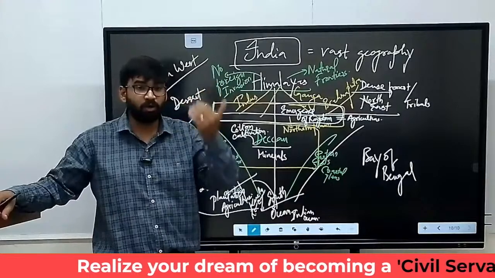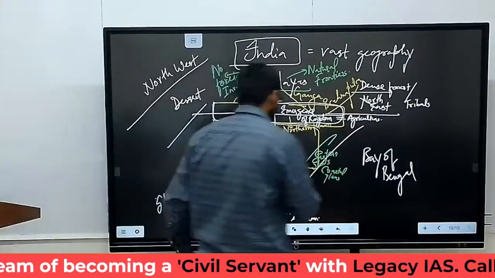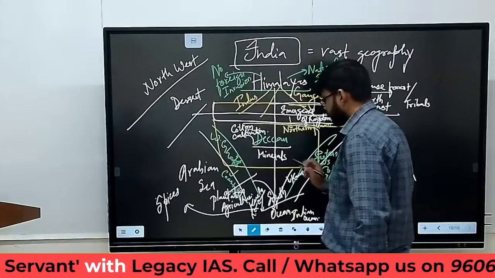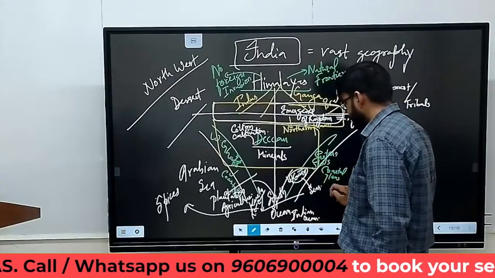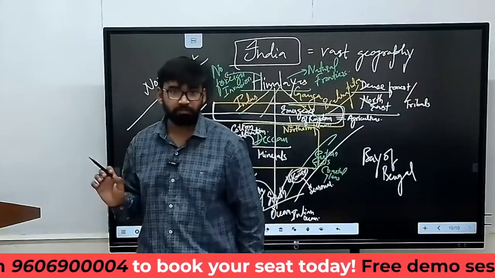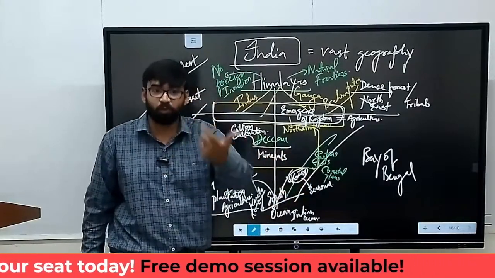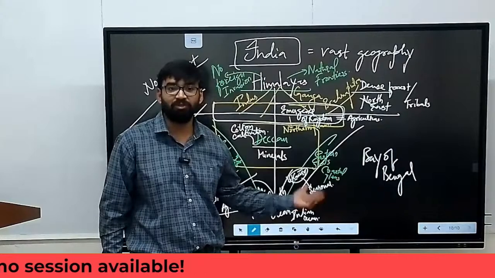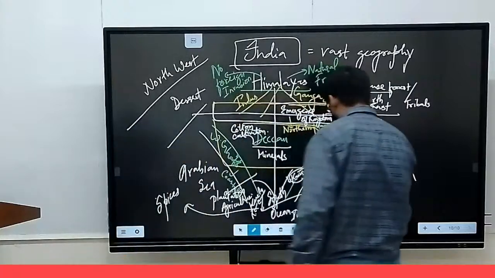Tamil Nadu does not receive maximum rainfall. Getting my point? So here the most important river is Kaveri. Clear? Now this is a seasonal river. This region does not receive rainfall. Okay. So if they do not receive rainfall, they have to create a substitute for water. So you will see tank irrigation is the method of Tamil Nadu. Why? Because of their geography. So they started the practice of tank irrigation.